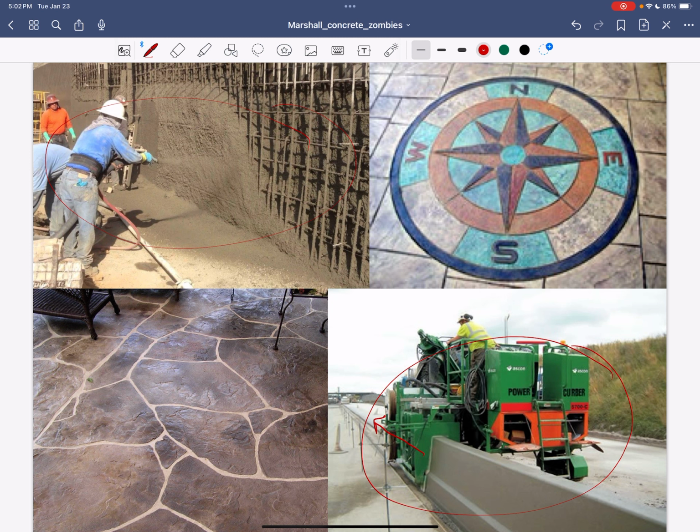This is called shotcrete, where you spray it in there. So we use that for pools. This is concrete that's formed to look like stone. So I can have a really cool stone floor of any color I want using concrete. And concrete takes the shape of whatever you want. So if I make a form that looks like stone, I can have that. Up here, you can see it's got colored concrete as well as different shapes. And whatever I can form, I'm able to cast in the concrete.